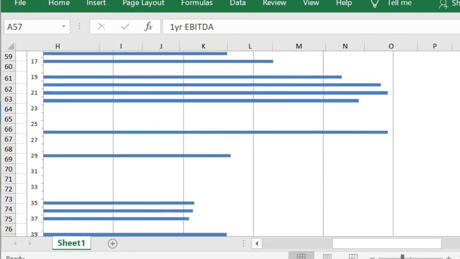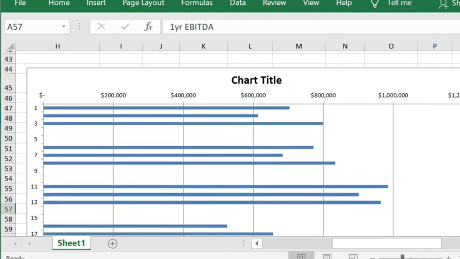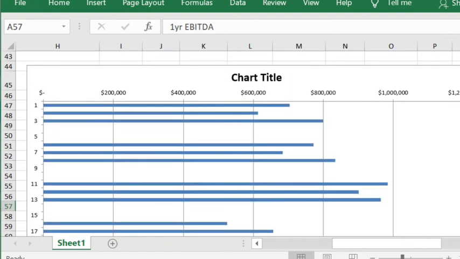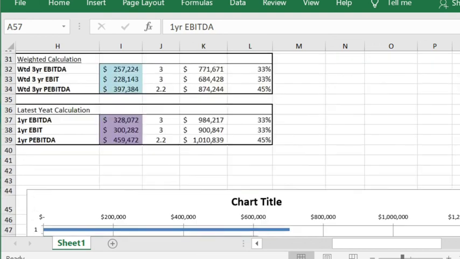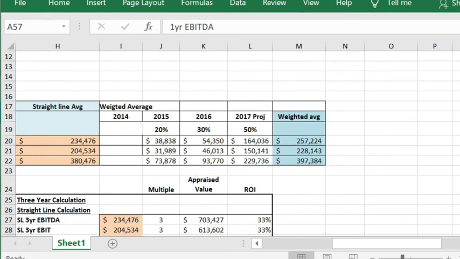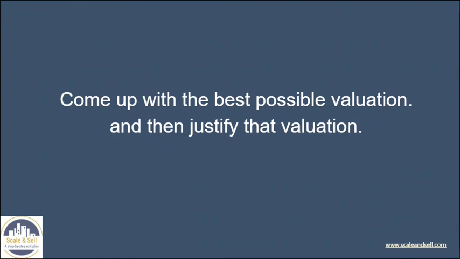So that's the valuation tool that we used, and as I say, you'll be able to take a really good look at this in the resource section. You'll be able to perhaps even punch in your own numbers or use it as inspiration to start working out how you might begin to appraise the value of your business. Right, so just to reiterate one last time, your job is to come up with the best possible valuation of your business, looking at it in a bunch of different ways, and then to focus in on how you are going to justify that valuation to an interested party.